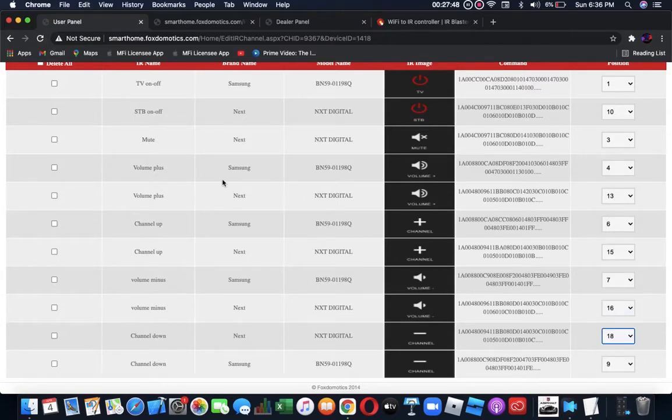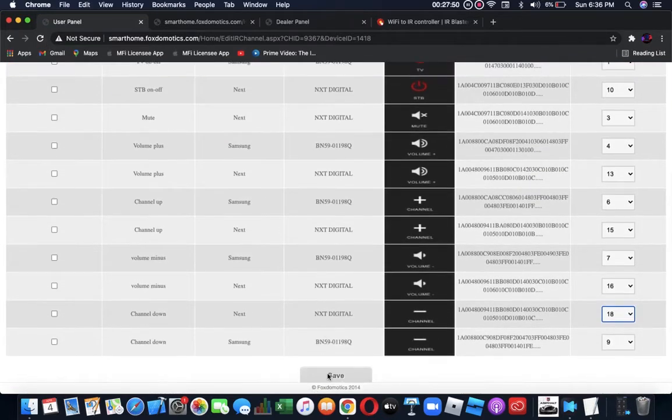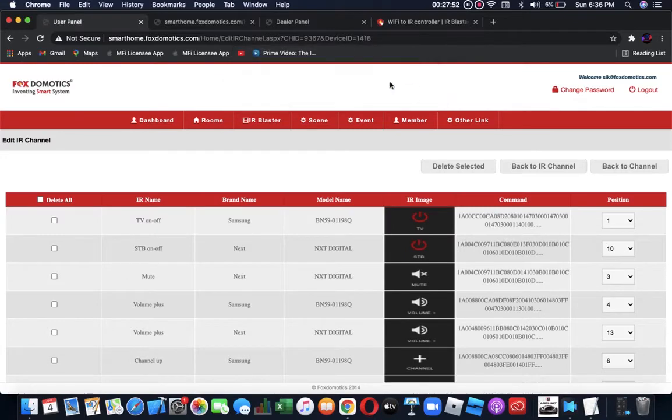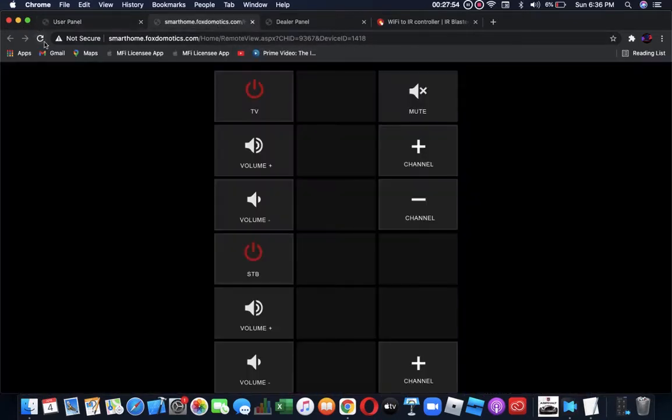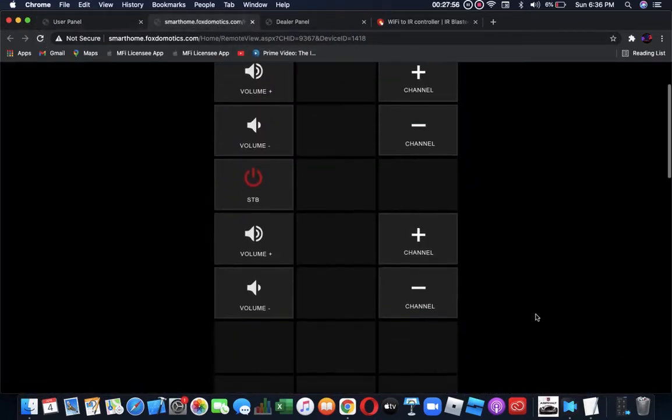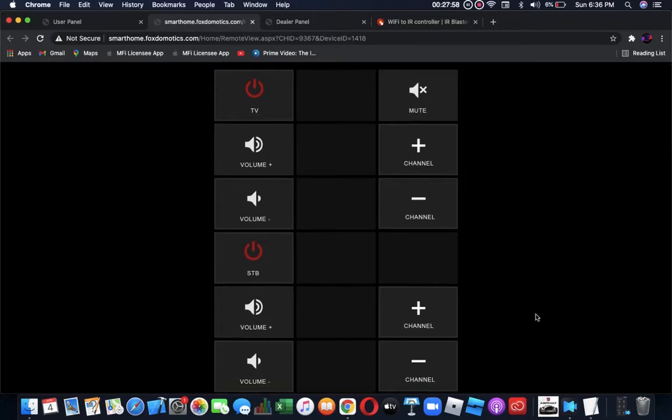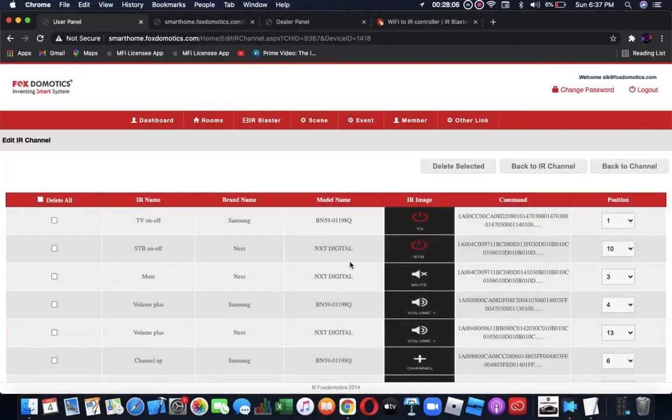So this is done. Now you can see TV is on top and STB is in the bottom side. This is the way you can align each button from one position to another position for IR Blaster.